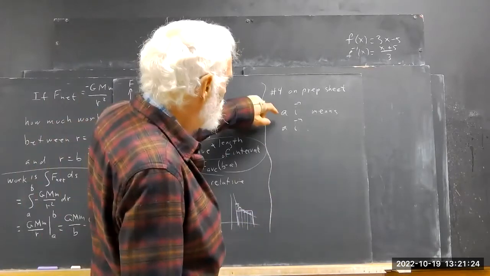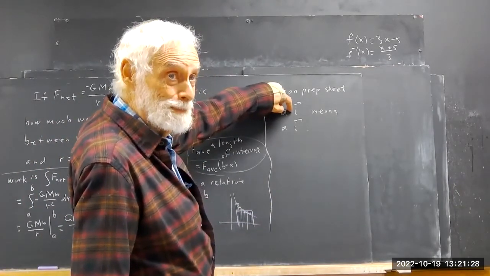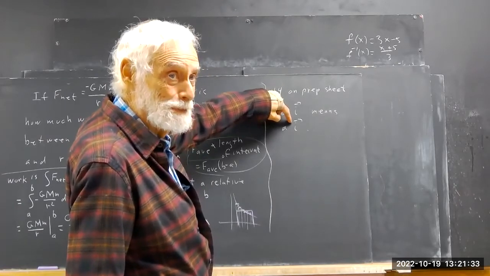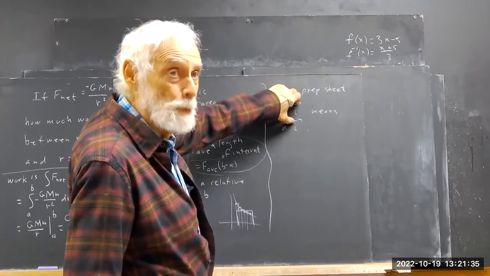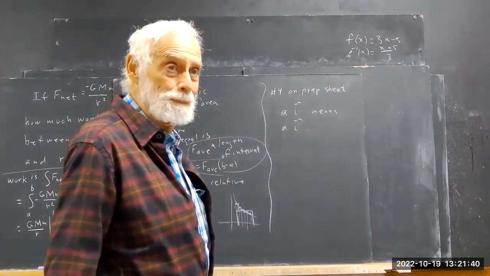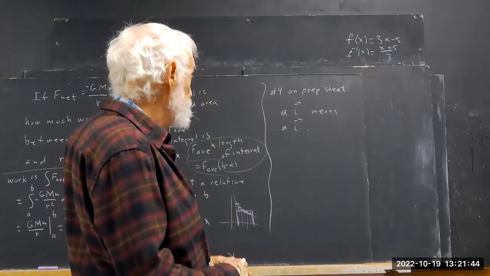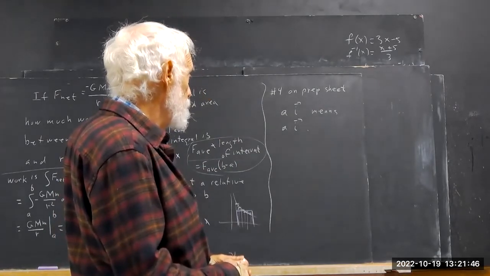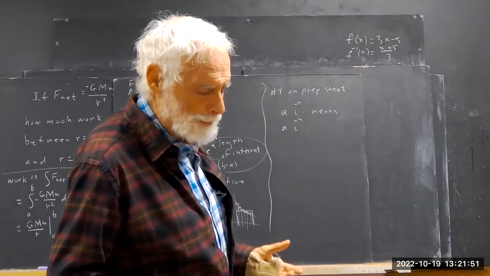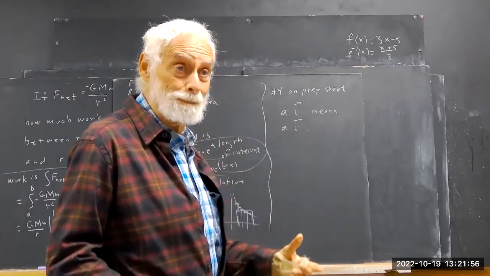Okay, on the prep sheet, AI, which has to be written A with a boldface I, means A, I, unit vector. So this is really a boldface I, but I can't do a boldface I. Want to use the arrow. So that's really the only confusion. All we're saying is, if your net force is A times I, your vector force,